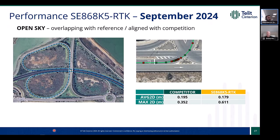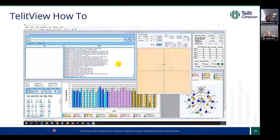So all these results are achieved using the SE868K5-RTK and the Skylark Nx RTK. On that side, I've got a short video showing the proposal workflow of using our GNSS AVK and cellular module to connect to Skylark service. We also offer a testing tool that can